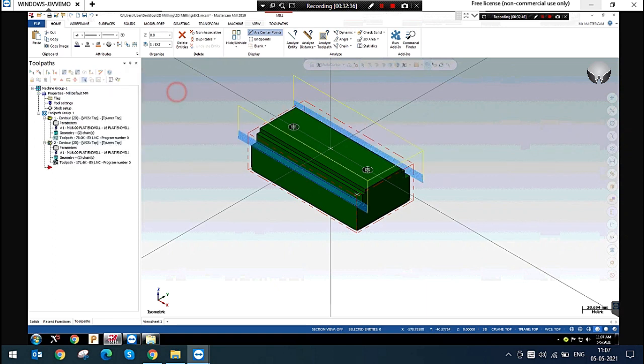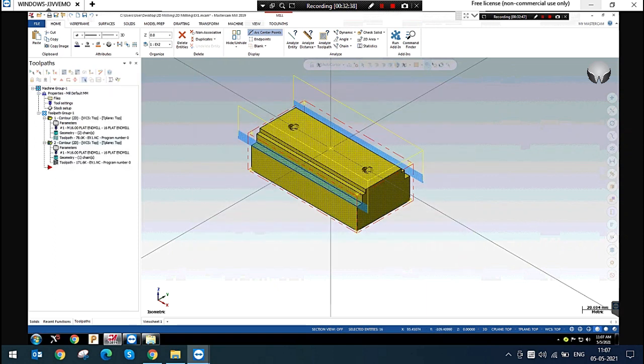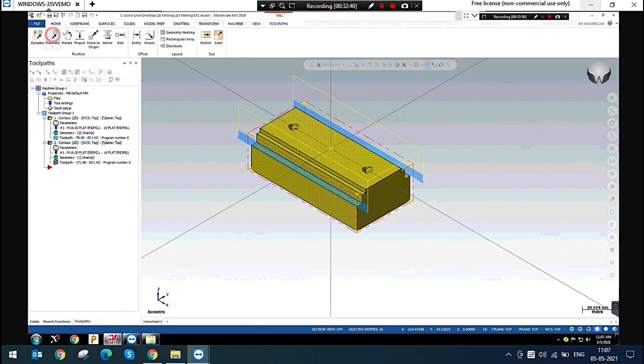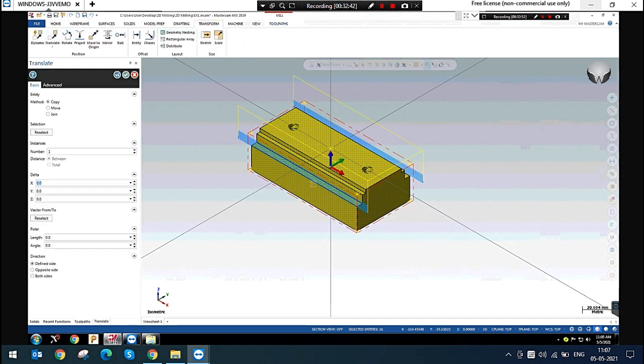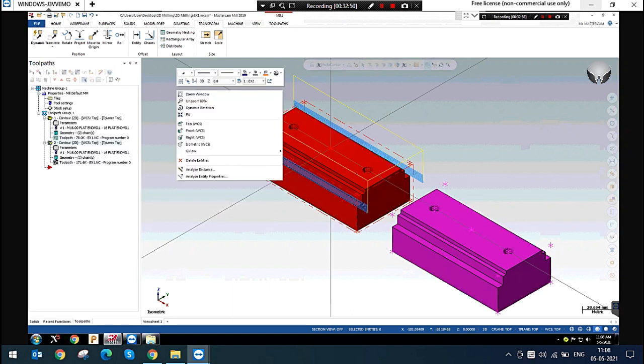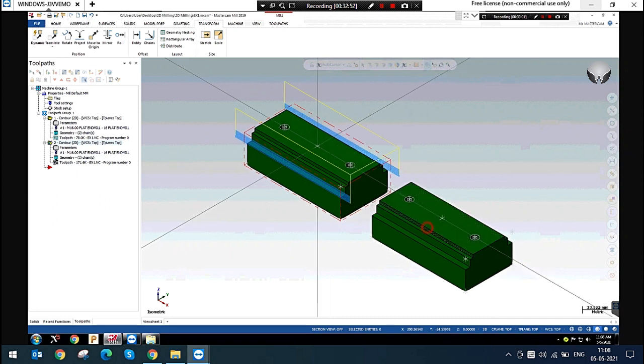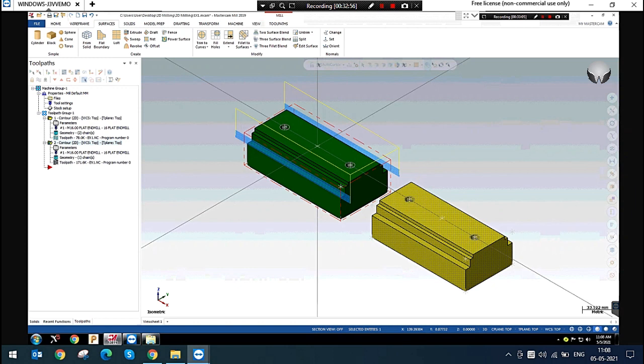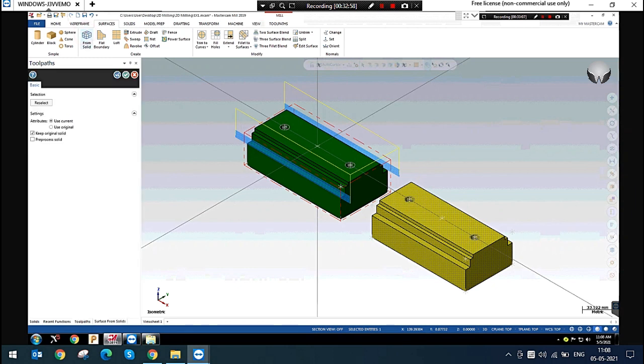But if you have a surface model, what will you do? Okay, so I'm just converting this to a surface from the solid option. I'm converting this solid to a surface.